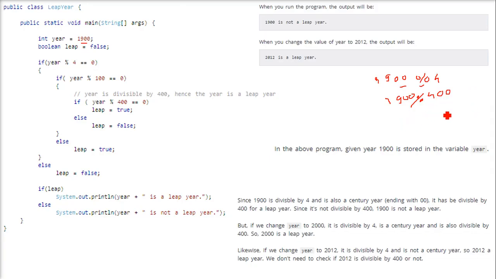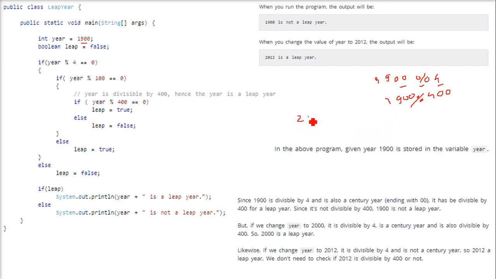So it is not perfectly divisible. You will have some remainder. So first we divide by 4, and if there is no remainder, then we divide it by 400 and check. Since this is divisible by 4 but not divisible by 400, 1900 is not a leap year.